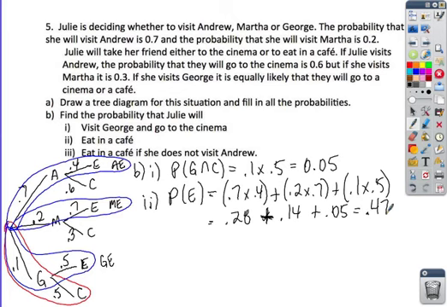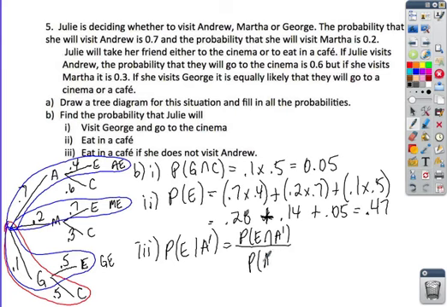And then last, the question is the probability of eating. And now here's a more subtle way of asking a conditional probability question. Eat in a cafe if she does not visit Andrew. And by saying if she does not visit Andrew, that's like saying given not Andrew. So again, using our formula, the probability of eating and not visiting Andrew over the probability of not visiting Andrew. So eating and not visiting Andrew